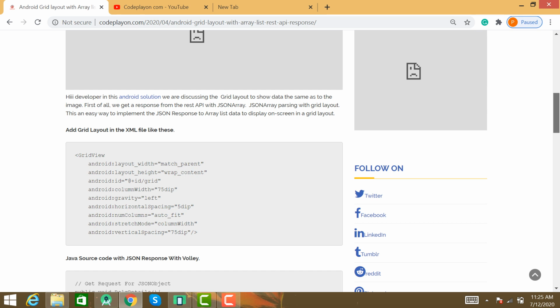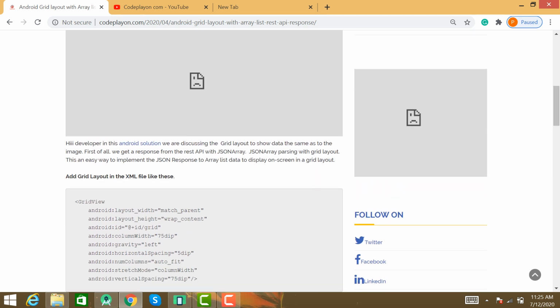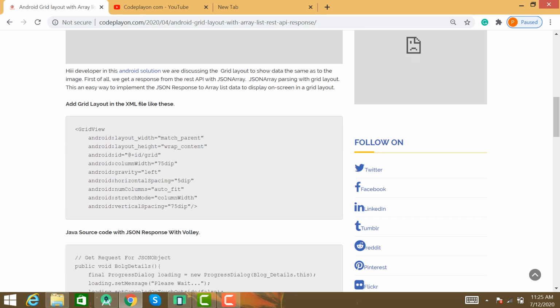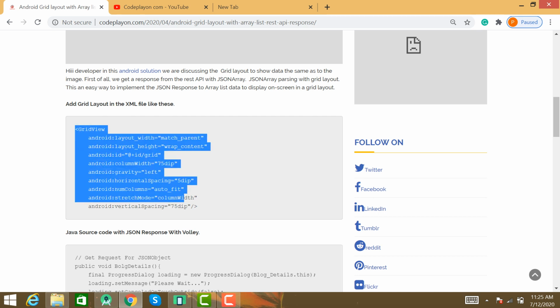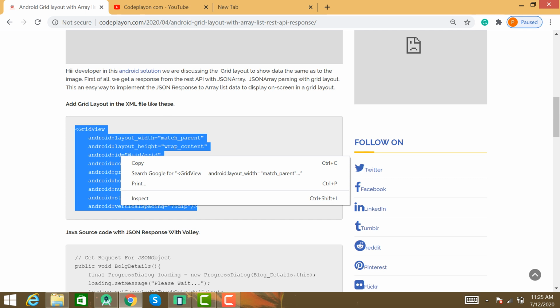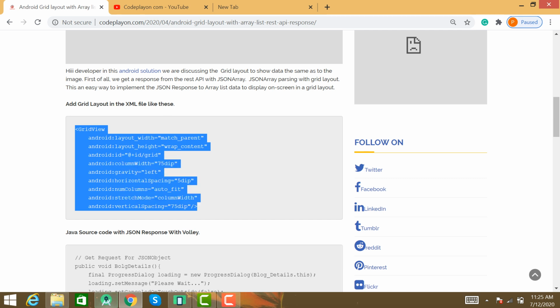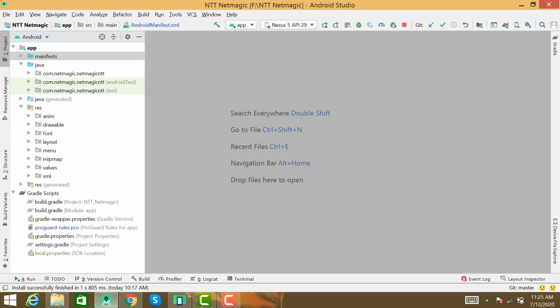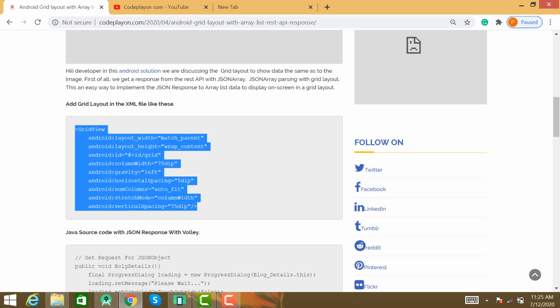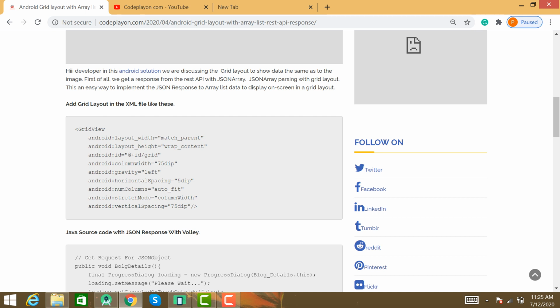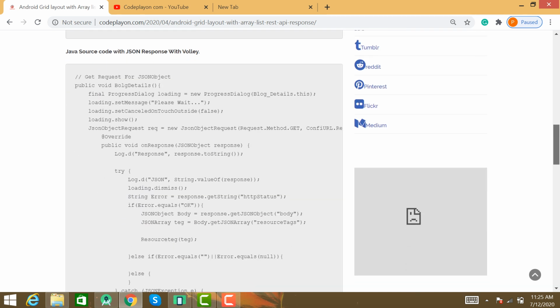So the first step, in your XML file you can add the grid layout. Select the code, copy and paste it into your XML file. After adding the grid layout in your menu XML file, open your Java file.